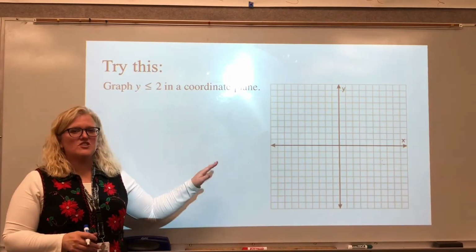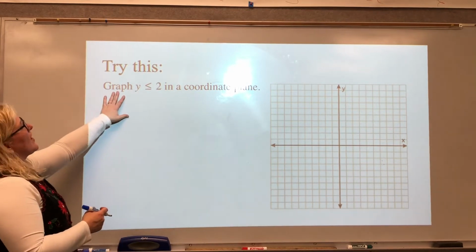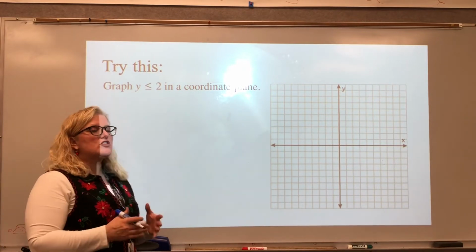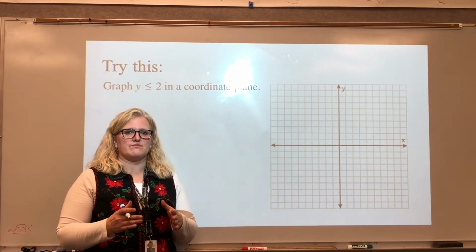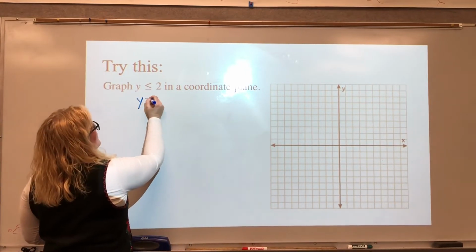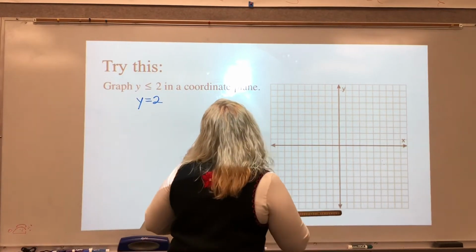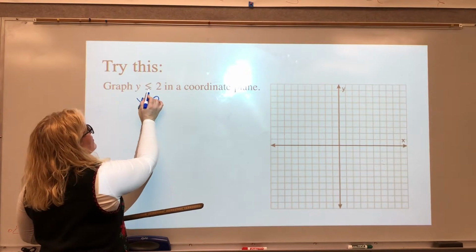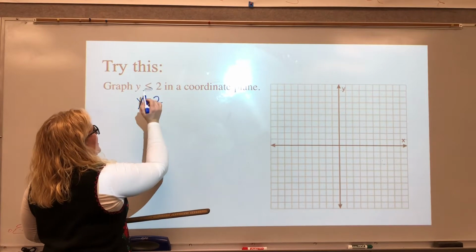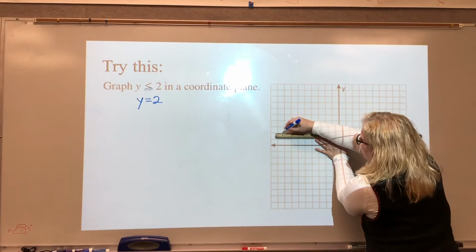All right, so this is a "try this," and I know these are hard to do at home because you don't have graph paper. But we're going to try graphing y is less than or equal to 2. First of all, the first step is to make sure that we graph the boundary line. So we replace that with an equals, and we have y equals 2. And since it is a less than or equal to, that means it's going to be a solid line. So y equals 2 is right along here,